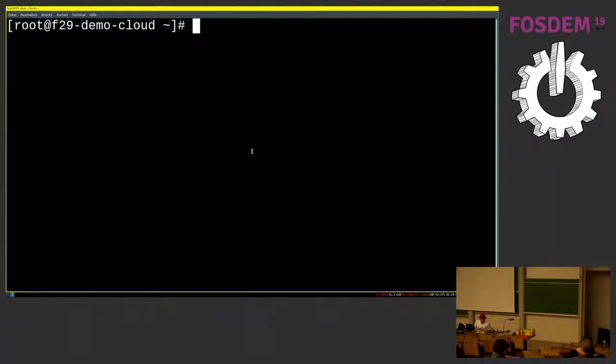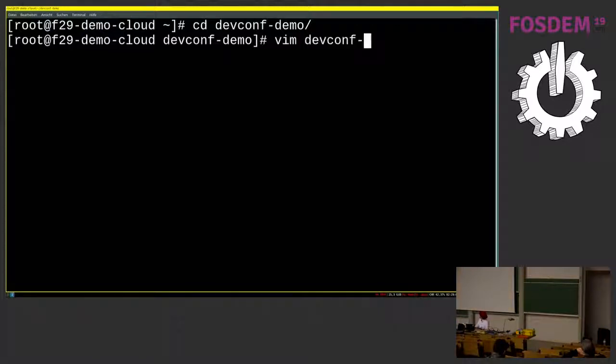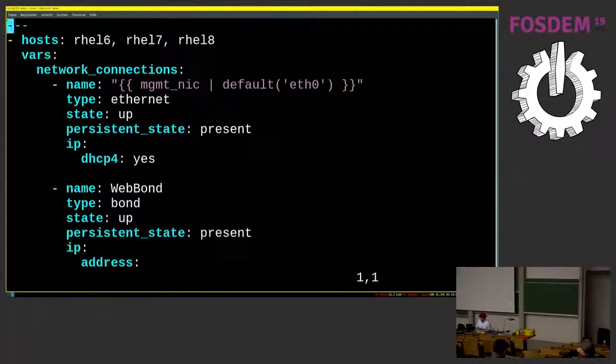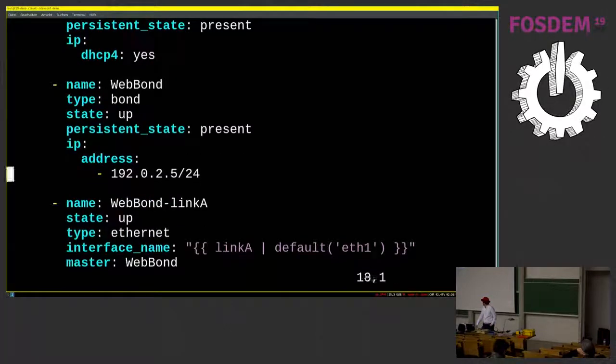So here I have a Fedora 29 system. I'm not in the directory. So here I have my example playbook. Can you, for example, configure different RHEL releases, and then I will just set up a management network connection, a bond connection with 2 links,